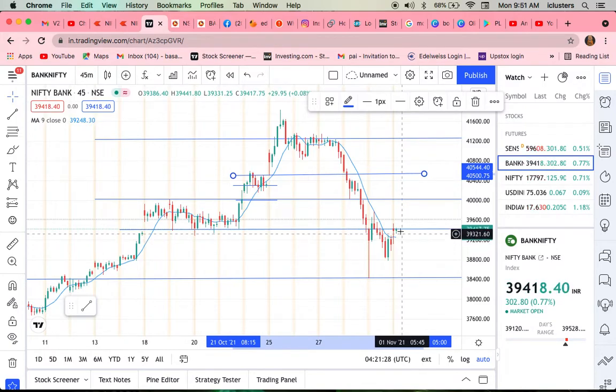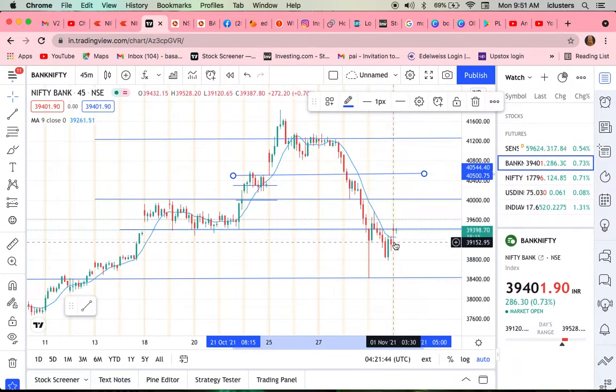Professional traders will put the stop loss below the previous candle, or below the moving average. We are going to apply the same thing: we put the stop loss below that candle price. Otherwise, we want to put the stop loss below this trend line.